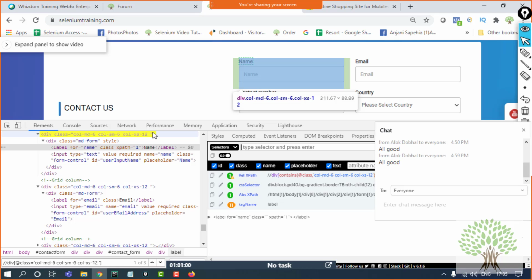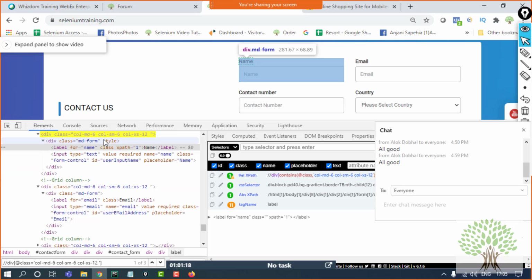So on the page, as many label tags as are used, the text for all will be printed. You got my point? What I'm trying to say. Yeah. So that is something different that we will see. That also we will see. But if you're using the class and inside that class you want to look for the labels or the tags inside, then you have to specify the whole XPath. That would be better to extract it. Otherwise Selenium itself will get confused on the page.